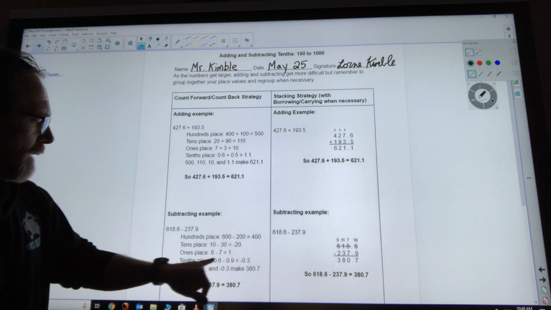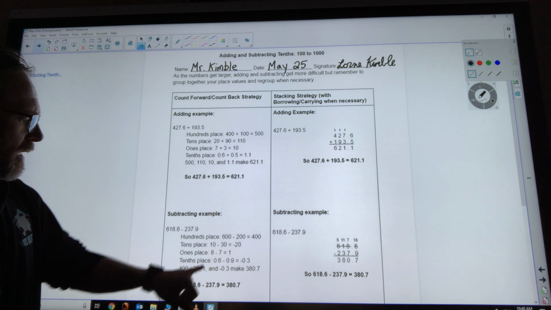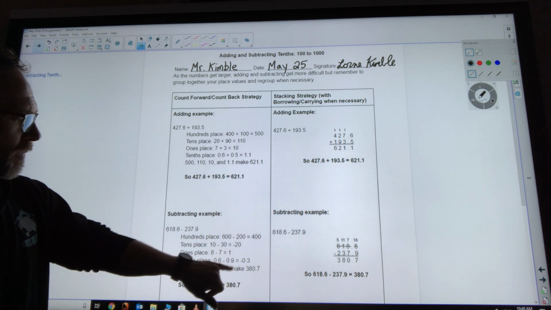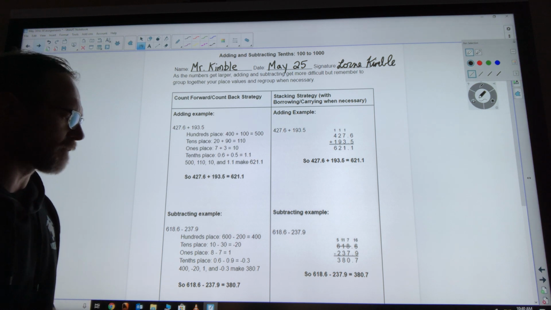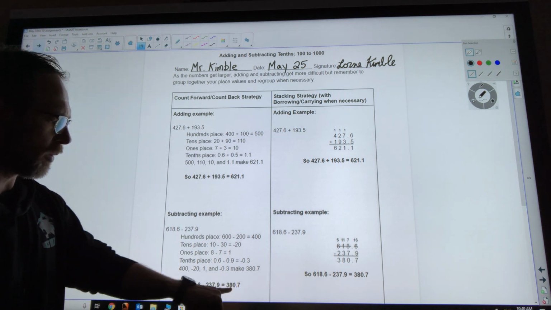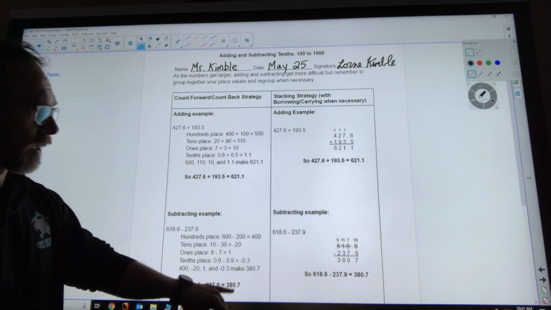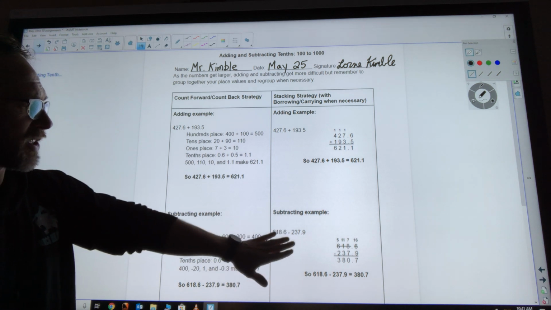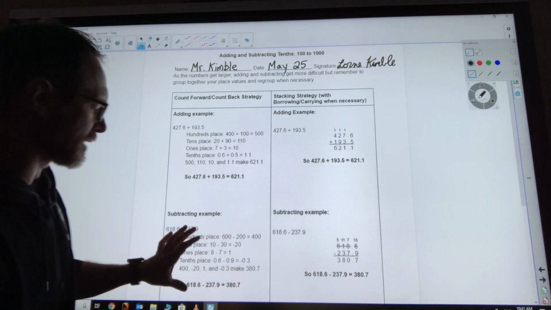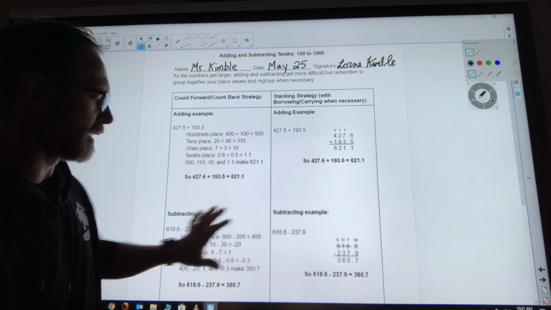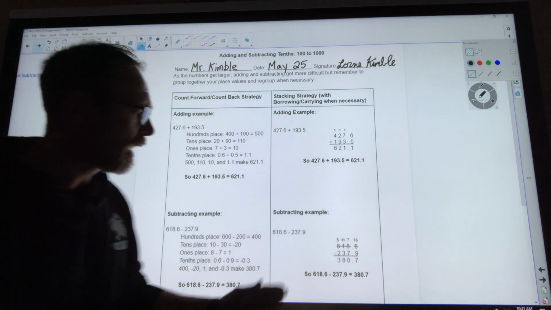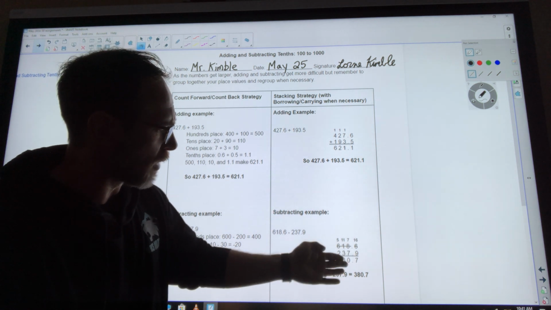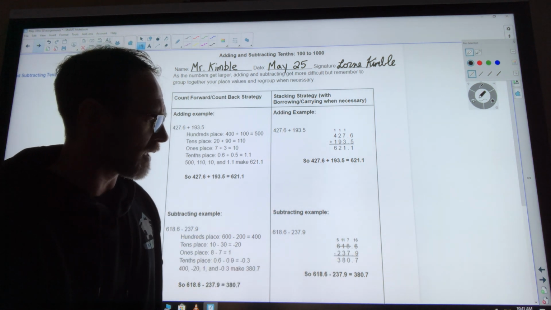And then if I look at my tenths place, I have 0.6 minus 0.9, which gives me negative 3 tenths. So I'm taking 3 tenths off my 381. That leaves me with 380.7. If you're using the stacking strategy, which is probably a little simpler than this, this one's much more in your head. This one here is much more down on paper. If you're using that strategy, once again, you want to make sure that your place values are nicely lined up,